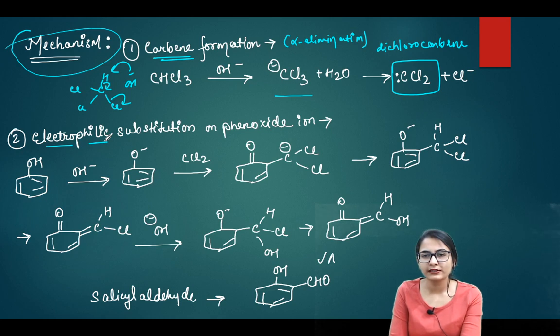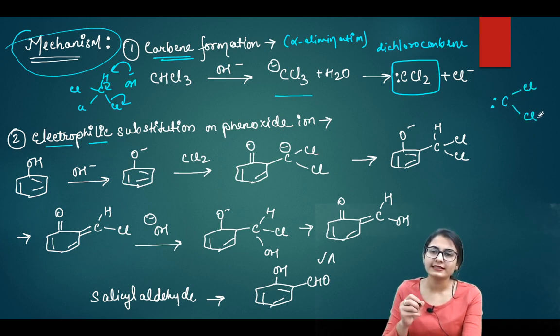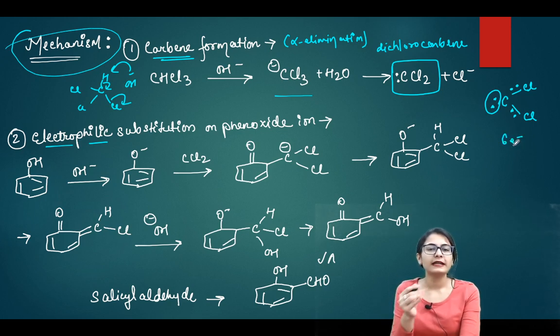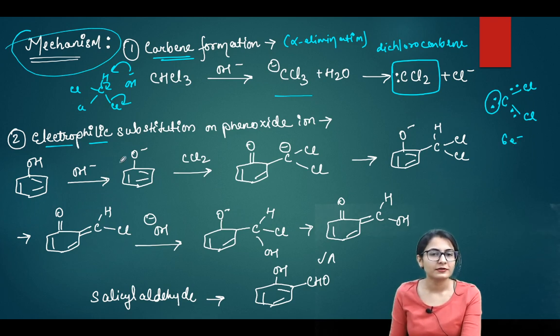Why not nucleophilic substitution? Yes, it looks like the carbene has one lone pair, but no, this is not the lone pair of the carbene. A carbene only has a sextet of electrons, which means it has only 6 electrons. So these two non-bonding electrons are included in those 6 electron counting. 2 electrons in this bond, 2 electrons in this bond, and right over here only 6 electrons. So it is electron deficient, the octet is not complete. That is why electrophilic aromatic substitution.